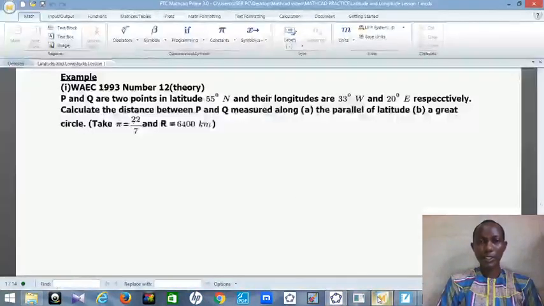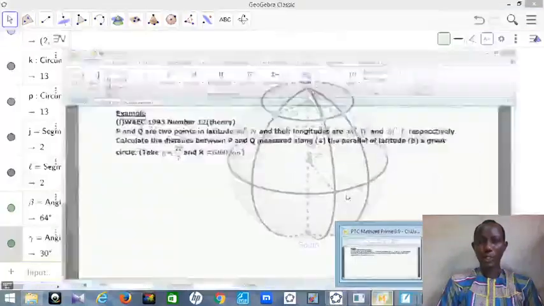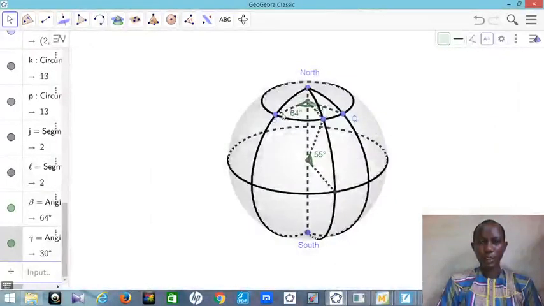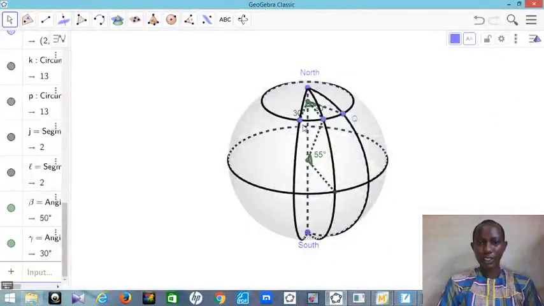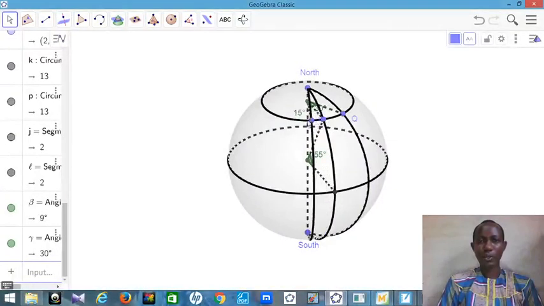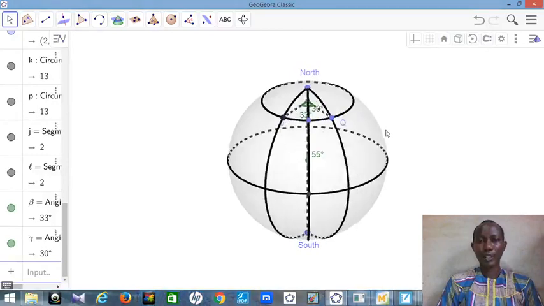So the question says 33 degree west is point P. So point P is 33 degree west. You can see it when it's at 0 degrees. This is the angle for west. You start moving west, it says 33 degrees. Okay, so this is 33. Then the other point is